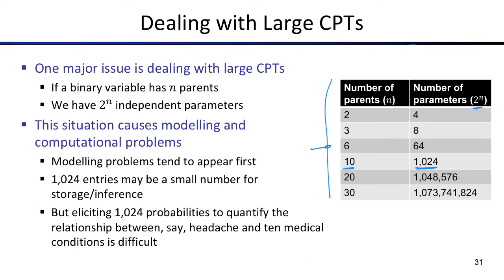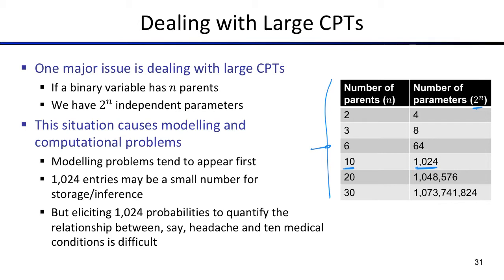And in the case that those probabilities will be listed from an expert, it's going to be very difficult, right? To list all possible, for instance, combinations of symptoms for a disease,